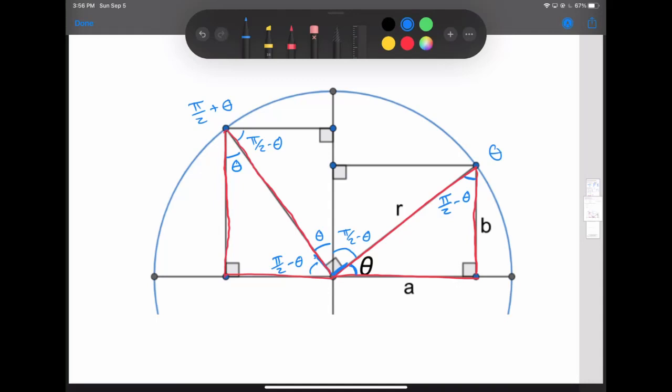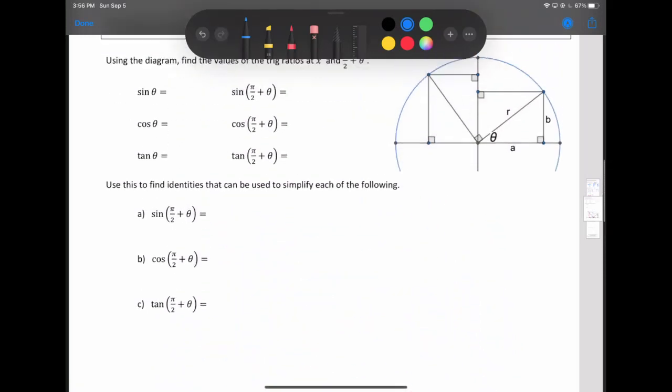Which means if the original variables that are on here, A, B, and R standing for radius, by the way, this would be R. And the A and B have reversed spots. So this is A over here, and that's B there. Okay, so that's what that diagram is showing, is that if I add pi over 2 to an angle, I get the same radius, and I reverse the A's and the B's. So going back here,